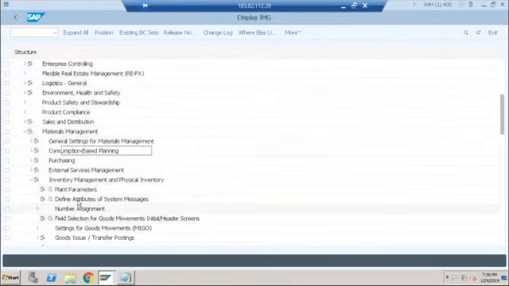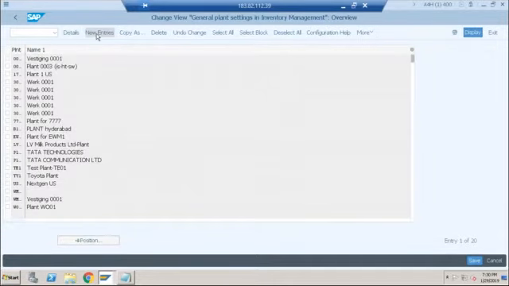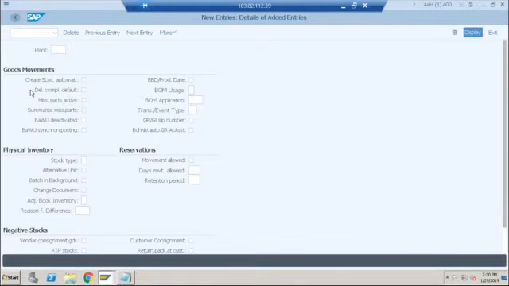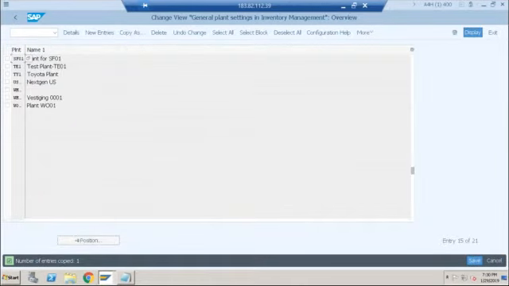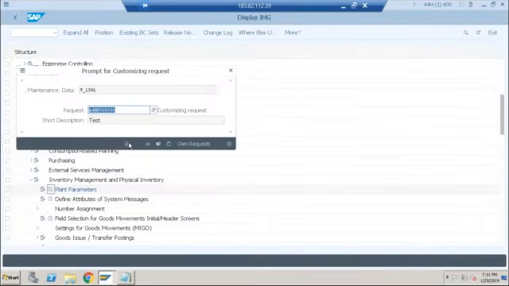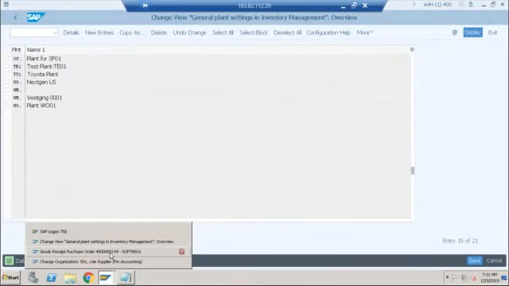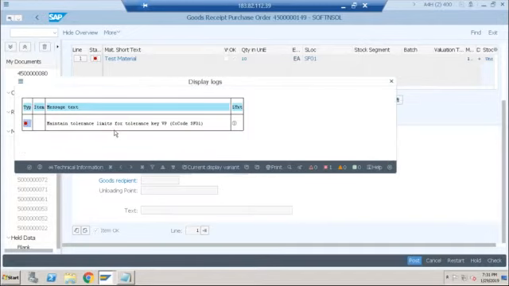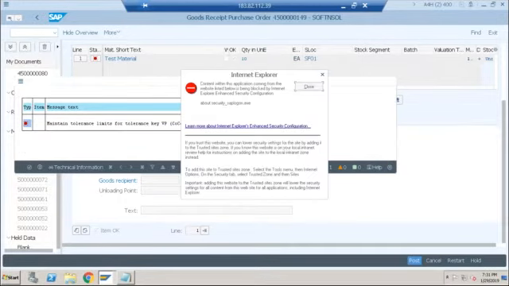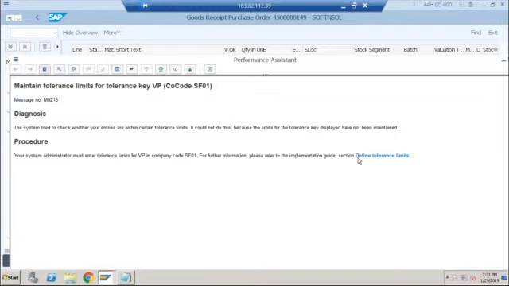So let me copy 0001, copy SF01. Let's try to save this, and once again go to Migo, try to post this. Now this is another error. Okay, this is fine, this can be maintained very easily. VP, so VP, this one I'll copy from any other company code and move it to SF01. Save it. This is done.